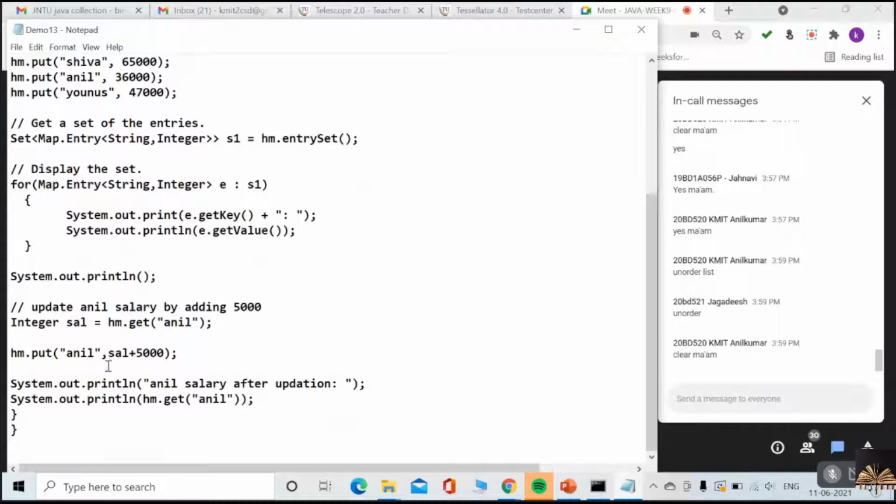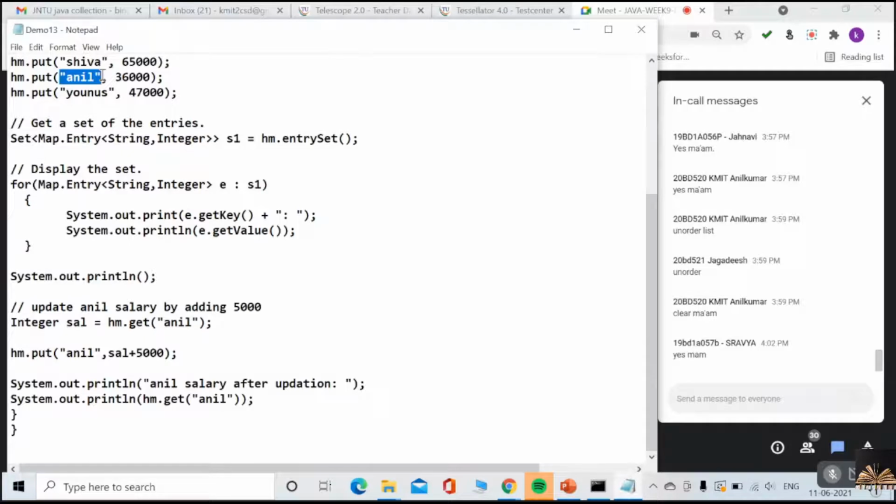Again, what I am doing is inserting Anil with salary plus 5,000. Guys, did you understand? I am using one more same key. Is it not a duplicate key? We already discussed that we cannot use a duplicate key.